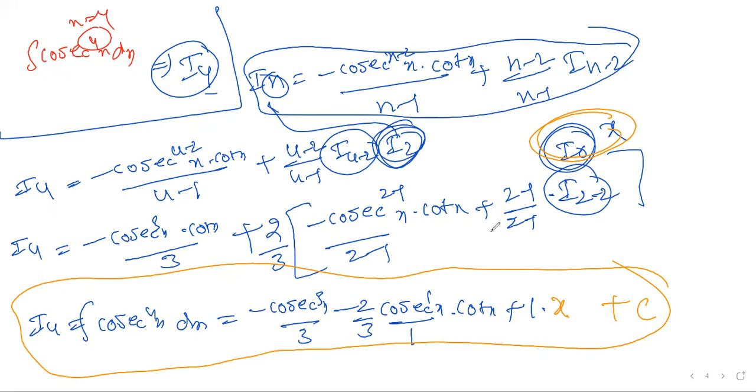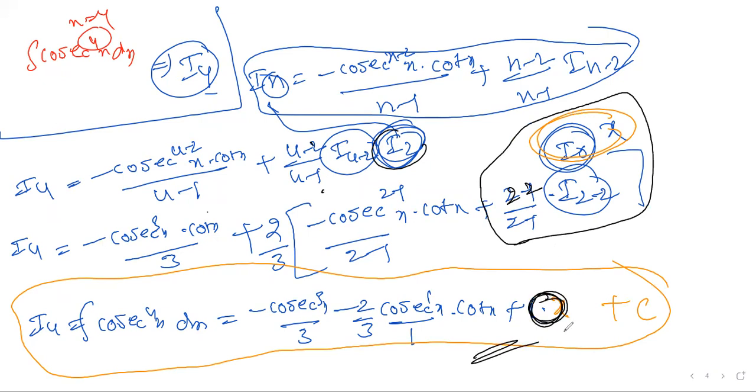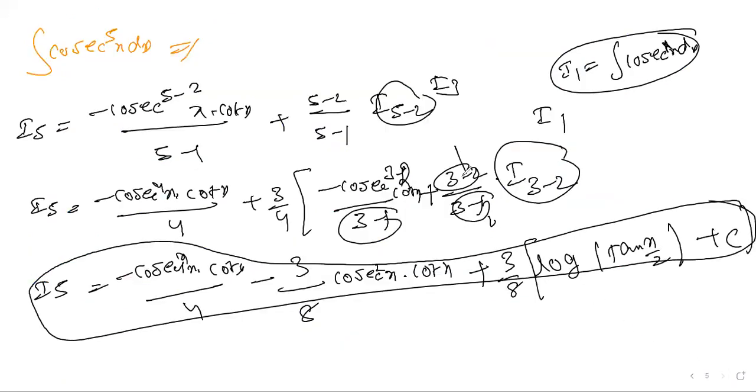Because cosecant x dx, right? Here it is n minus 2 by n minus 1. Here I should take n minus 2. It is I2, right? n minus 2 means 2 minus 2, which means 0. 0 by 1 is 0. So this term is 0. For this question, this is the answer: n minus 2 by n minus 1. This is the simple answer for cosecant power n x dx. Okay. Till this, we are very clear about it.